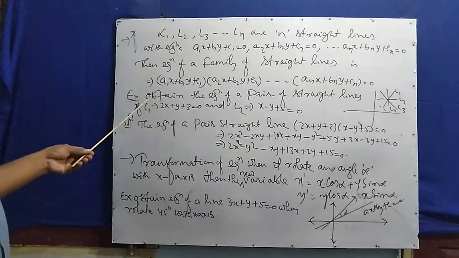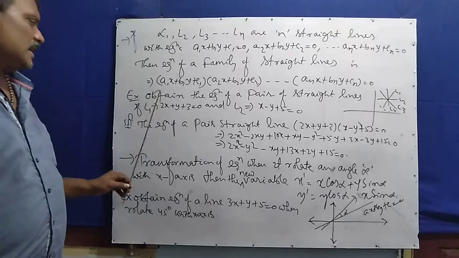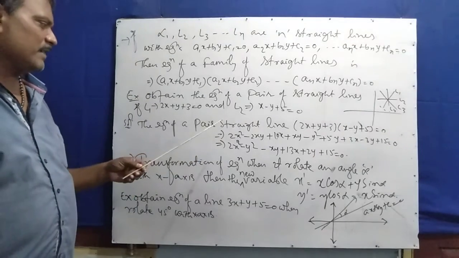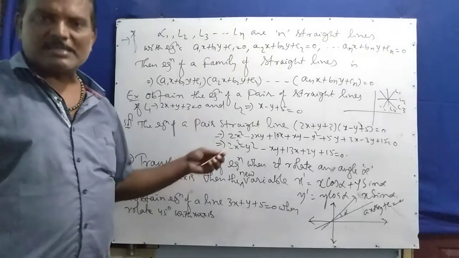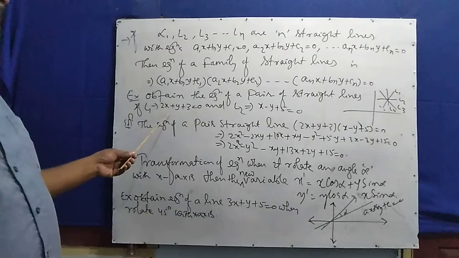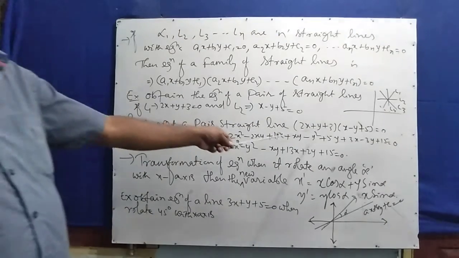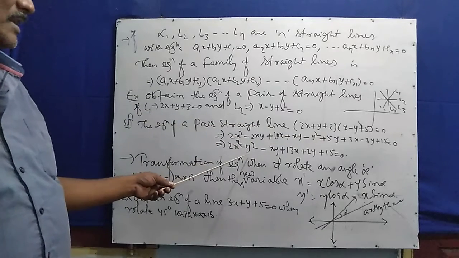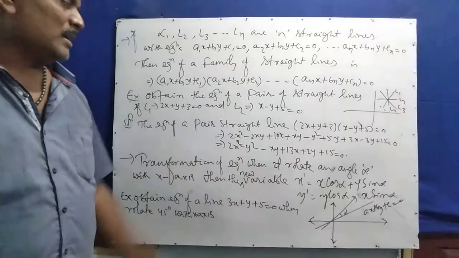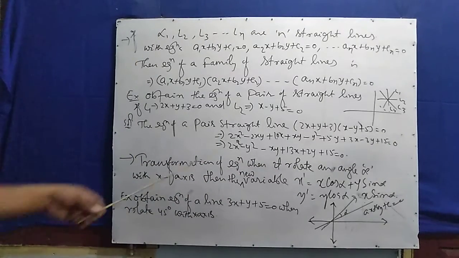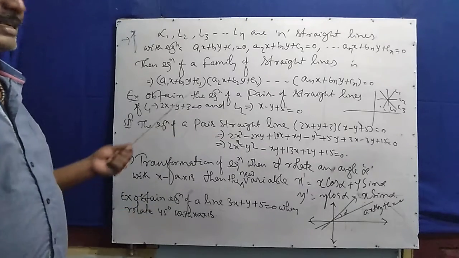Suppose you get one of the questions: obtain the equation of the pair of straight lines. Pair of straight lines means two equations are given, the first straight line and the second straight line. For finding the pair of straight lines equation, simply you have to multiply the first equation and the second equation. The first equation is 2x plus y plus 3 equal to 0, second x minus y plus 5 equal to 0. Simply you multiply, on multiplication what will you get? 2x square minus y square plus xy plus 13x plus 2y plus 15 equal to 0. This is the equation of the pair of straight lines. Uniquely, when they represent uniquely, means you multiply the given number of straight lines.